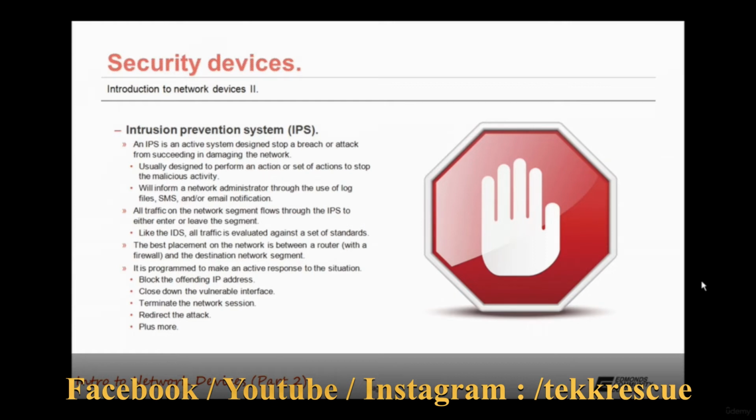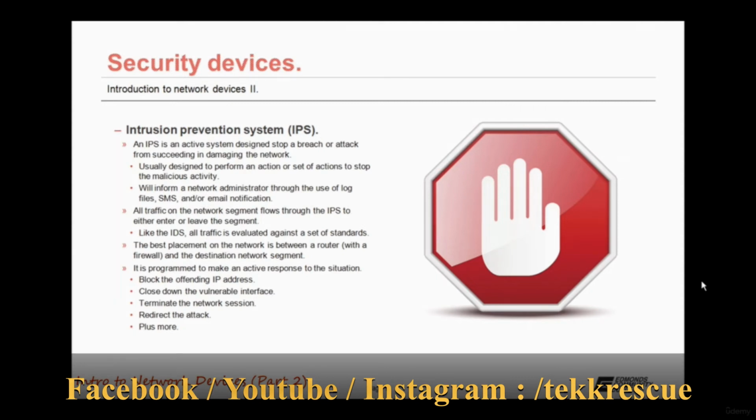IPSs are programmed to make an active response to the situation. They can block the offending IP address, they can close down vulnerable interfaces, they can terminate network sessions, they can redirect the attack, plus there are more actions that an IPS can take. The main thing is that they are designed to be active, to stop the breach or attack from succeeding in